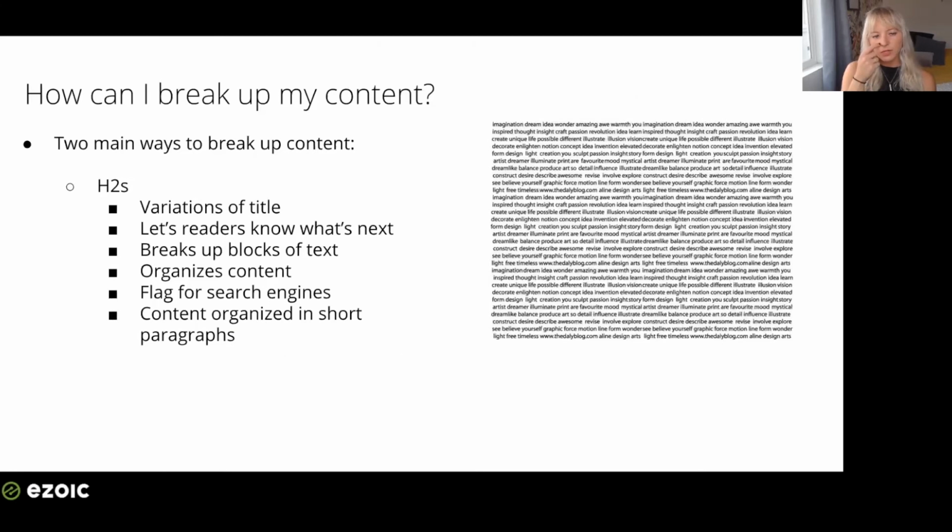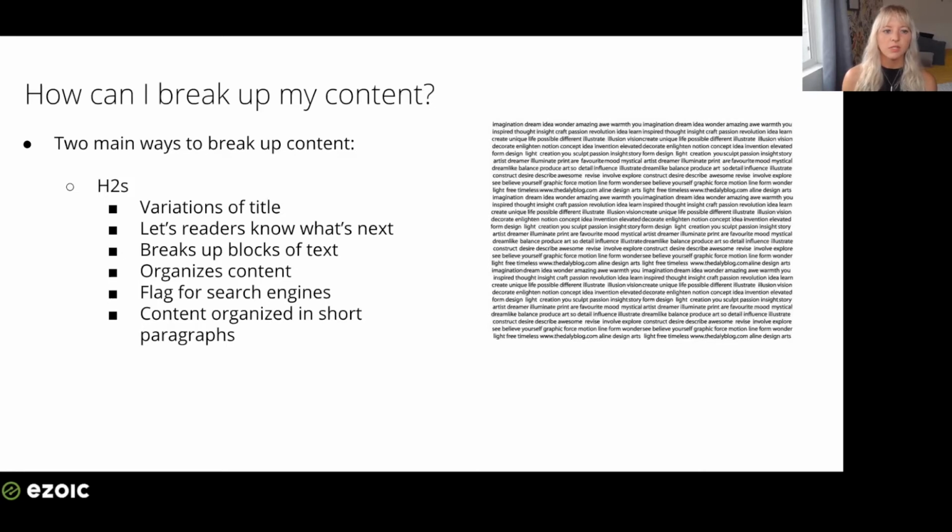So when you're ready to write your content, there are two main ways to break it up to open up your ability to rank for specific queries and then get more organic traffic just from your content structure. And so the first way we'll talk about is H2s. As I said before, it's kind of the same process as getting a title for your H2s. They allow you to post a bunch of variations of the title and related questions. So if the article is titled, "What are the best touring bikes for women?" then some H2s might be, "What are the best touring bikes for men?" or "What is the best touring bike for beginners?" You can continue to go through this with similar questions, and those will give you your H2s.